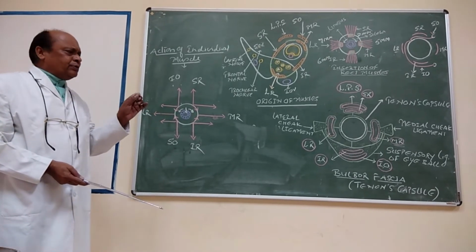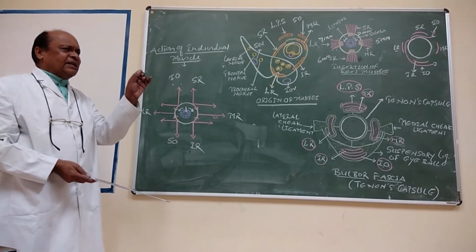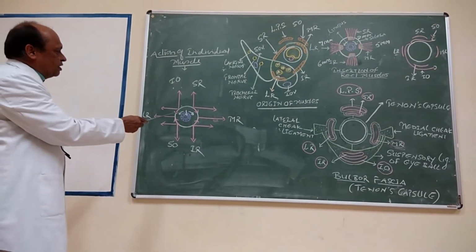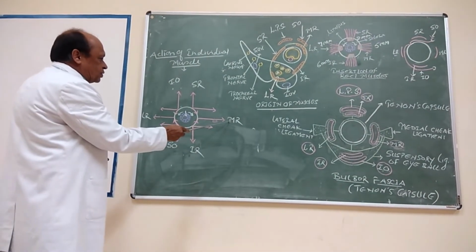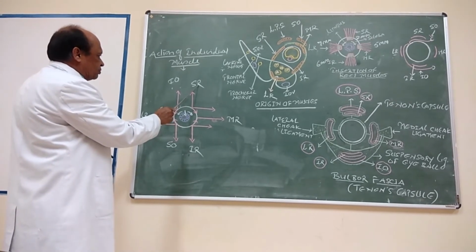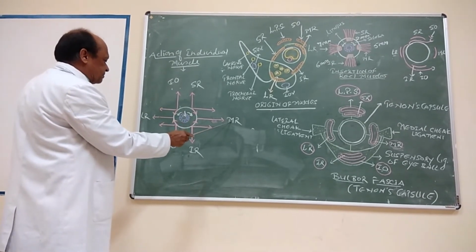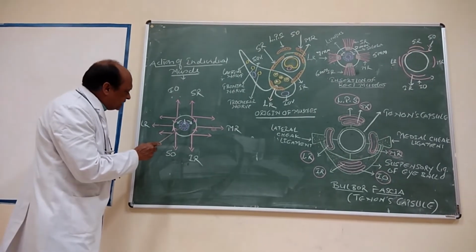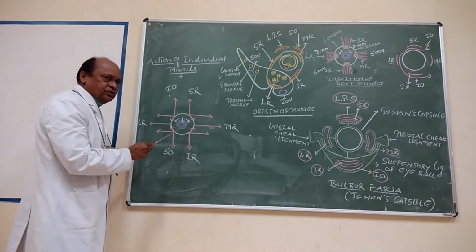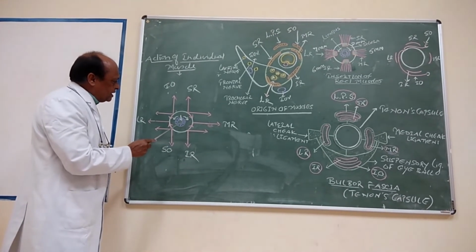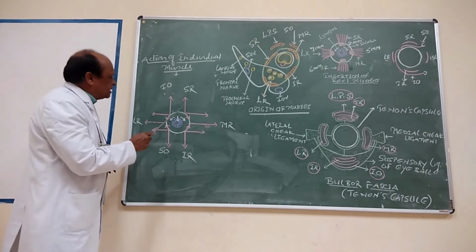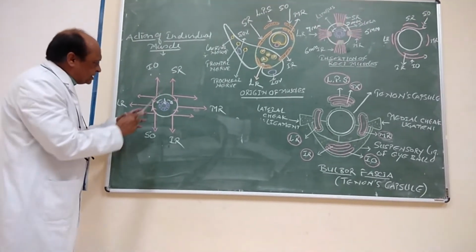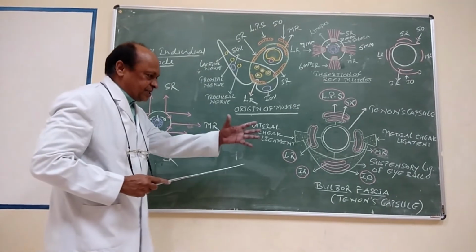But if you look at the pure movements of eyeball by a single muscle, then it is very obvious. Look at this. The medial rotation is brought about by superior rectus muscle, medial rectus muscle and inferior rectus muscle. Why? Because the in-turn and out-turn movements are neutralized by these two, and the downward movement and upward movement are neutralized by these two muscles. So these three muscles bring medial rotation.